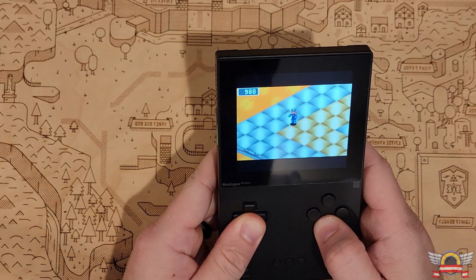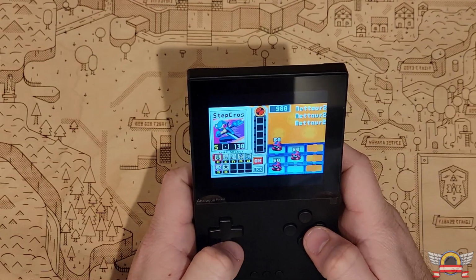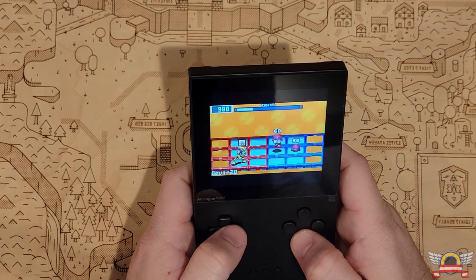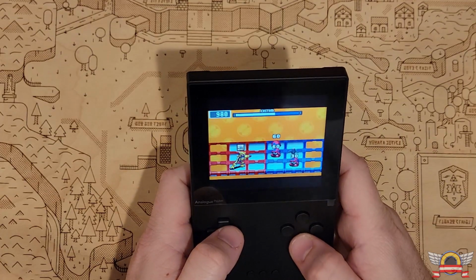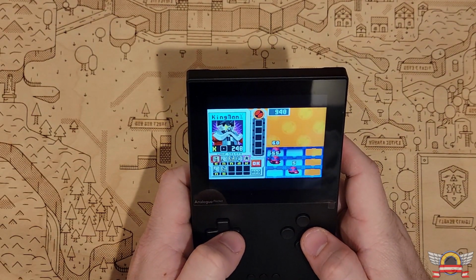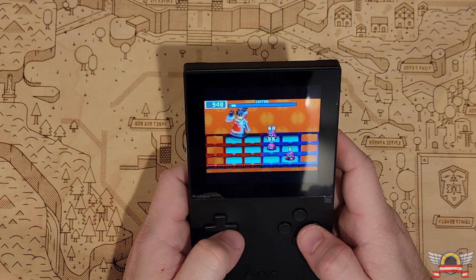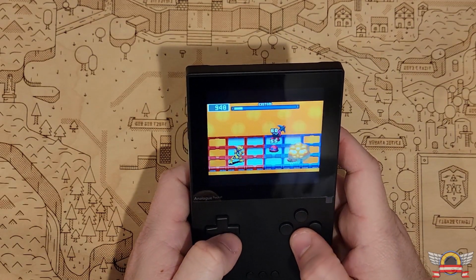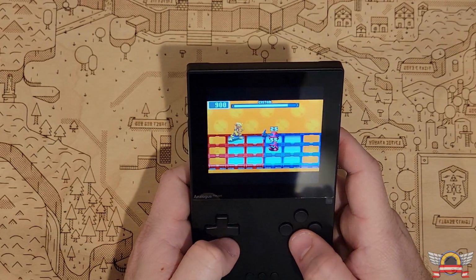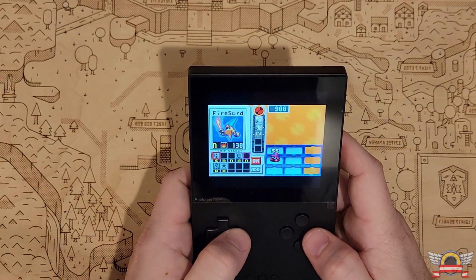I'd like to get in a... Is there a random battle I could do here? Yeah. I haven't played this game for a while, but it plays really good. It looks really good. Sounds good. Looks good. So I'm interested now to see this adapter and how it's gonna work with the Game